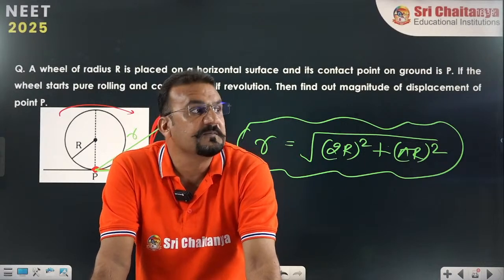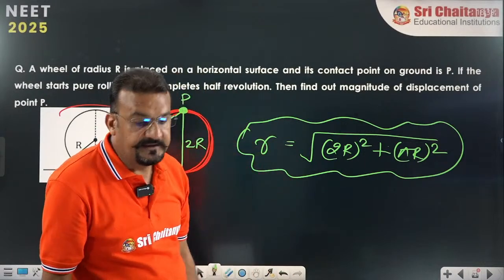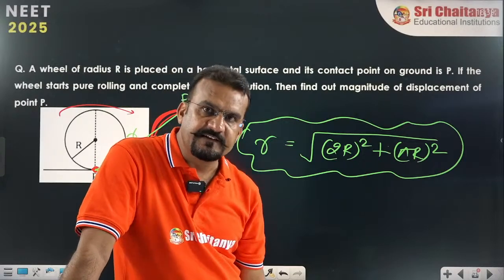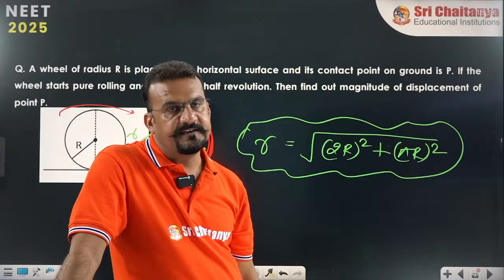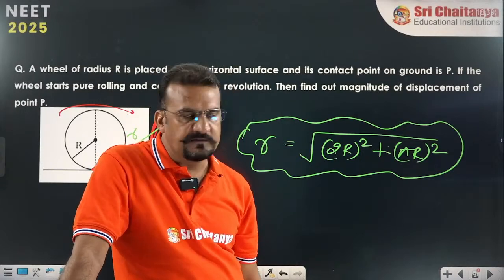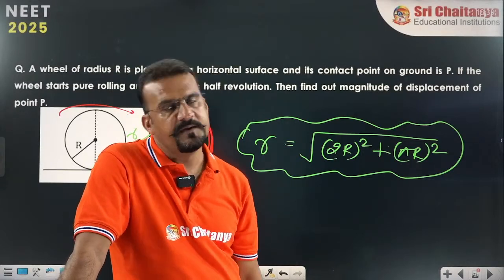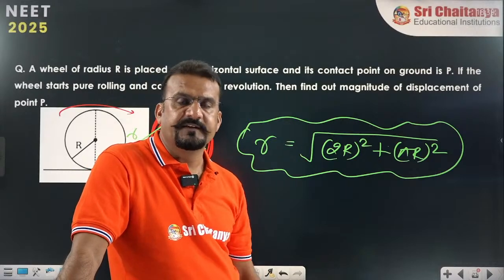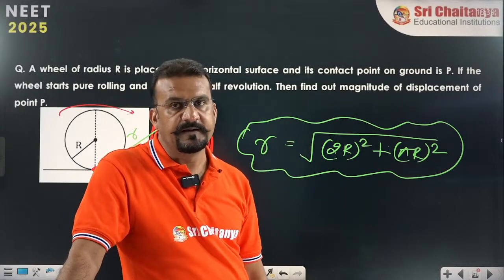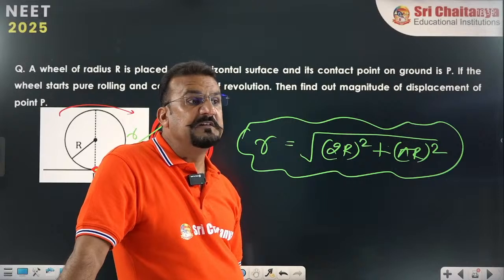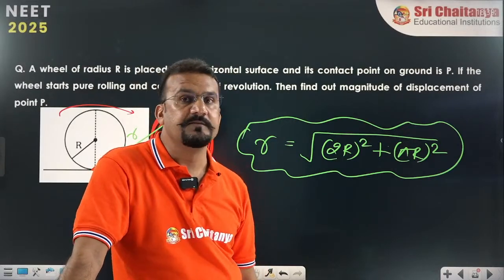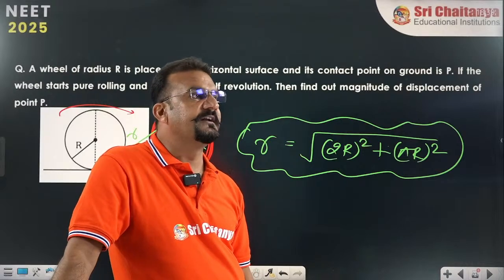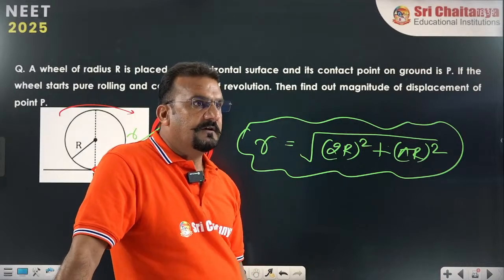Second point, displacement is the shortest path length in a particular direction. Distance means total path length. Distance never decreases, never becomes negative. Displacement may decrease, may be negative. So these are the things you require to find displacement. Today you should perform at least 5 questions on displacement and distance, because this is very important. Okay, now student, let us move forward.